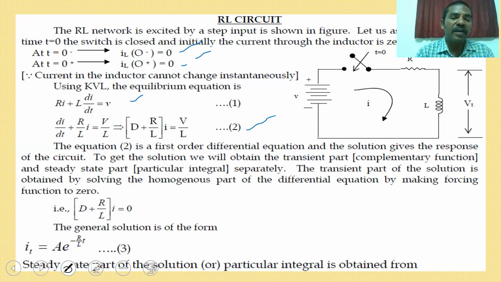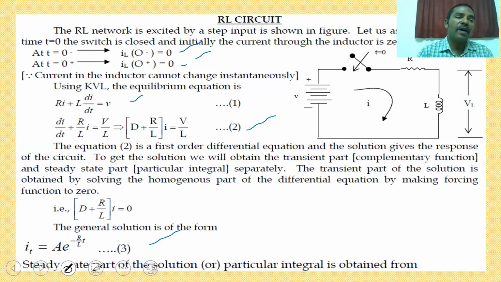To go for the solution, first take D plus R by L into i equal to 0. You can get the general solution, that is the transient behavior value, as A into e power minus R by L into t. Next, for finding the particular integral,